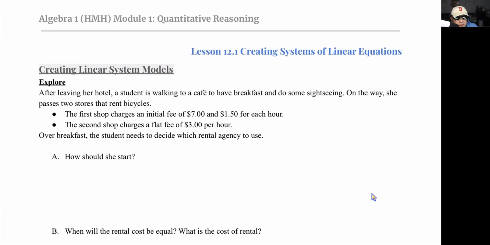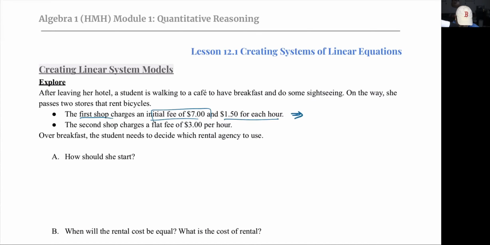After leaving her hotel, a student is walking to a cafe for breakfast and some sightseeing. On the way, she passes two stores where she can rent a bicycle. So those are the two scenarios we're working from. The first shop charges an initial fee of $7.50 and $1.50 for each hour. As we've done many times before, the initial fee is the y-intercept, isn't it? And $1.50 per hour is the